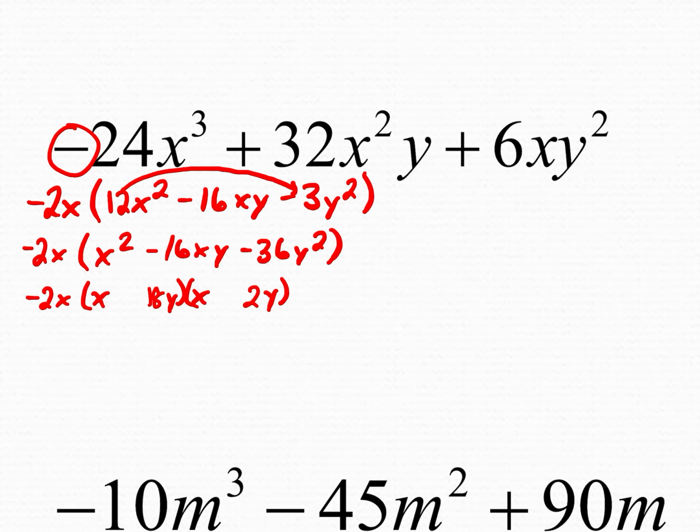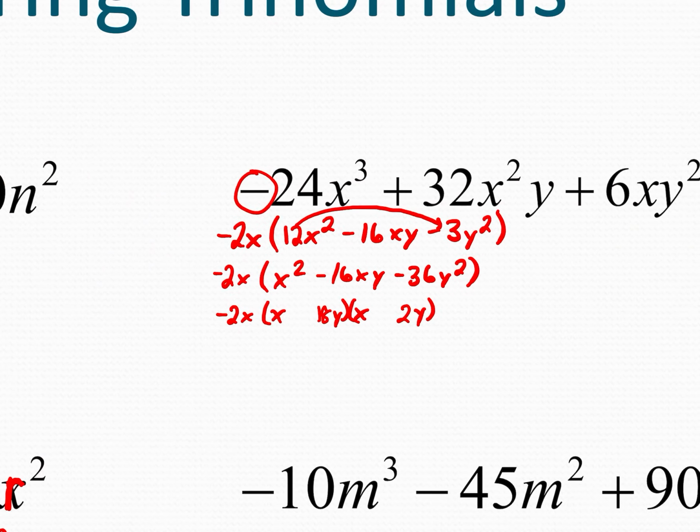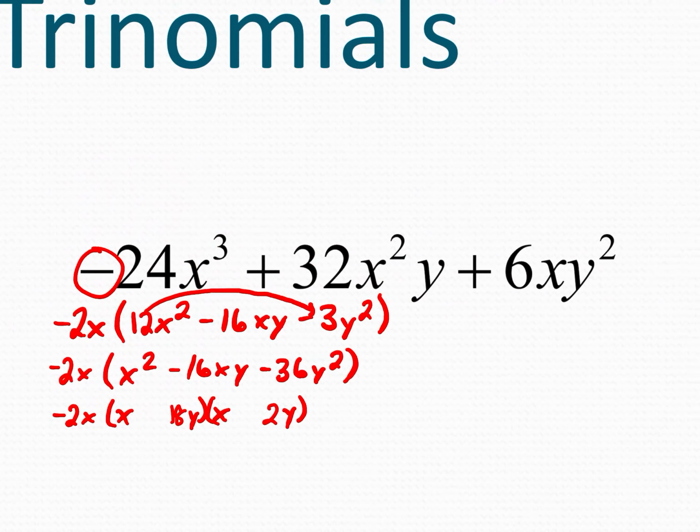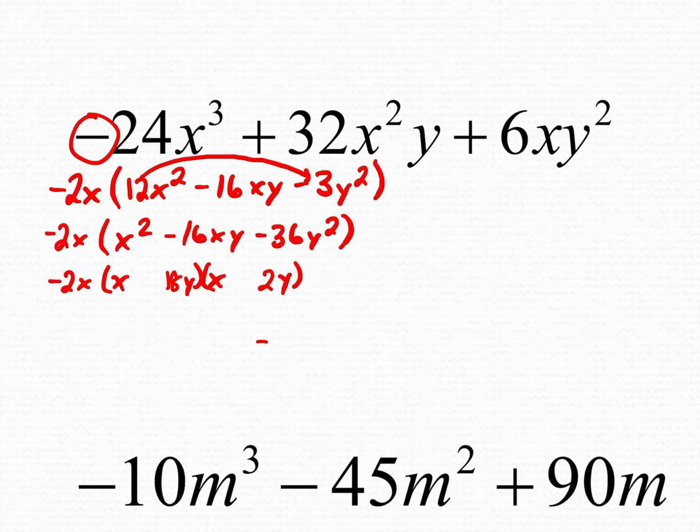18 times 2 are those two numbers. Again, signs are different. Biggest number gets the negative. So the negative 18, positive 2. And then, again, bringing down that,